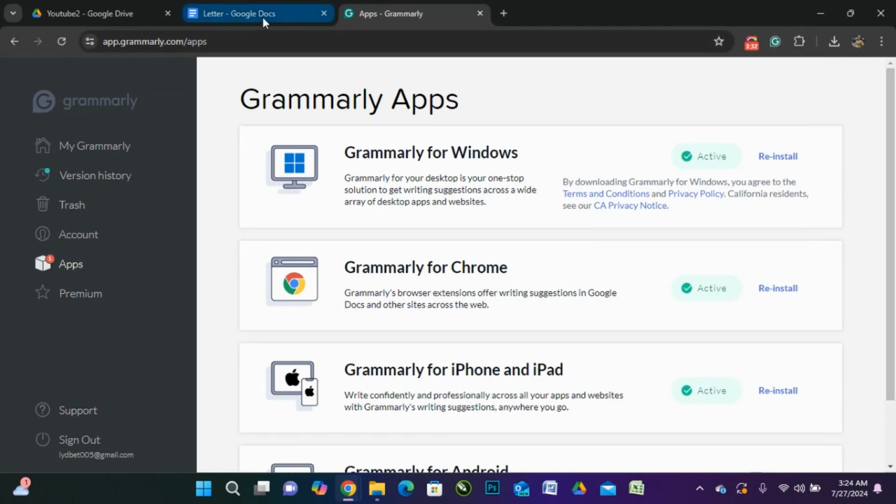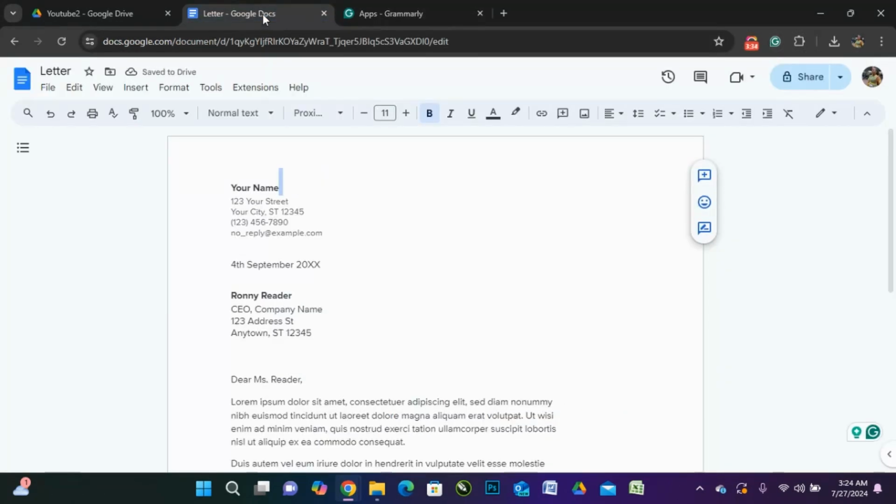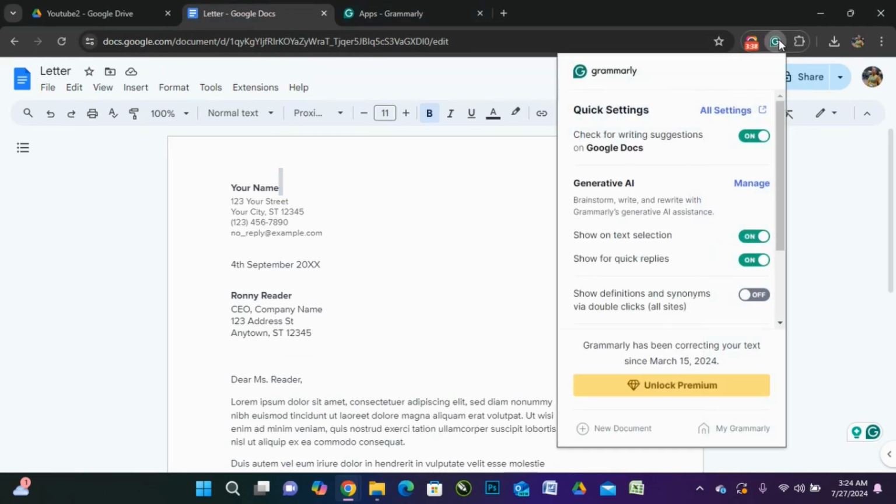Now, you go back to your Google Docs, you click on the Grammarly icon. You'll be prompted to log in with your account, or you sign up if you don't have an account. Once you're done logging in or signing up, you click on the Grammarly icon here again, and you will see